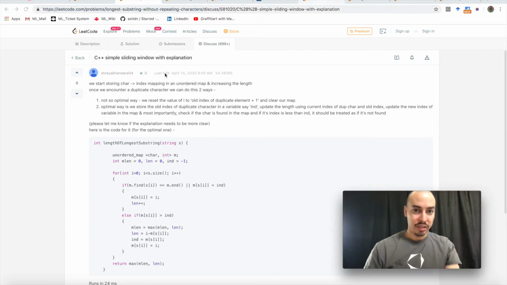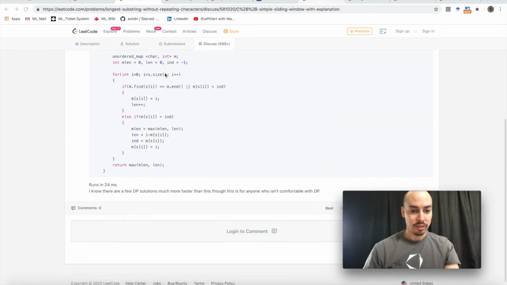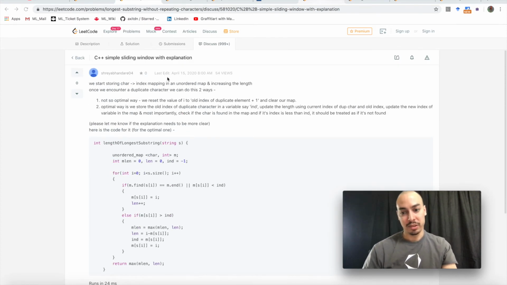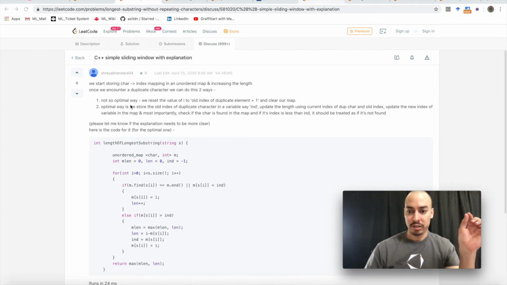Longest substring without repeating characters, also with the sliding window approach and with some really nice explanation coming with it as well. He says we start storing the character index mapping in an unordered map and then increase the length. Once we encounter a duplicate character, like WW, which violates the condition, then we need to readjust our sliding window. The optimal way is we store the old index of a duplicate character in a variable index, update the length of the current index, update the new index in the map, and most importantly, check if the character is found in the map. If the index is less than it should not be